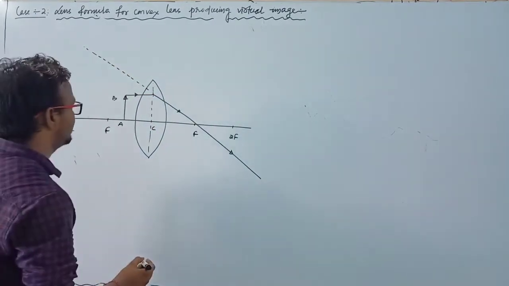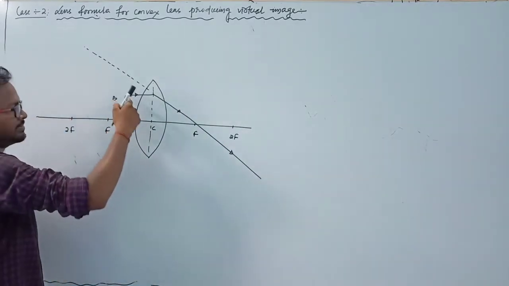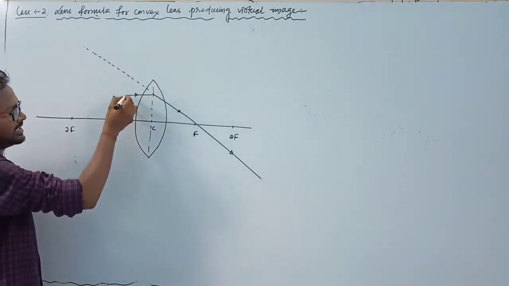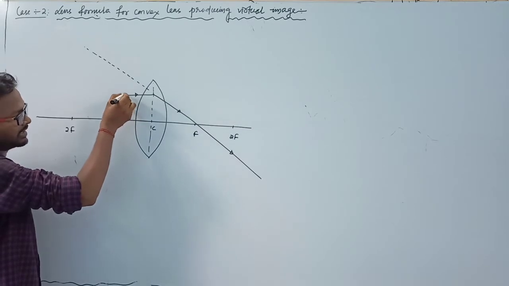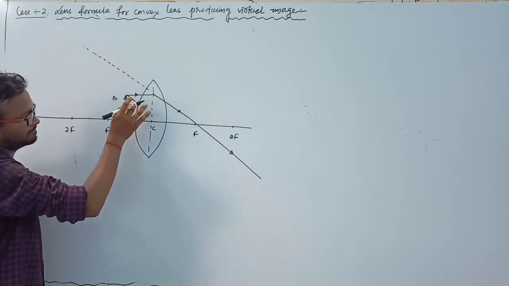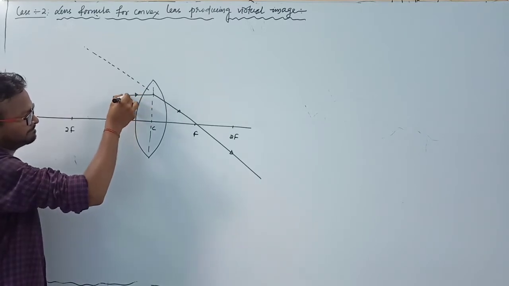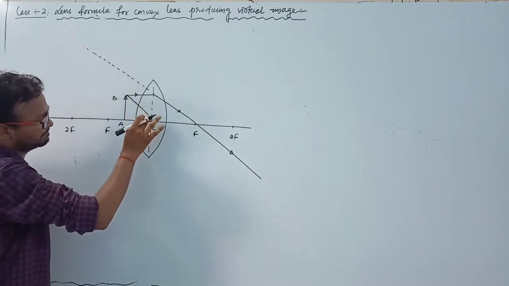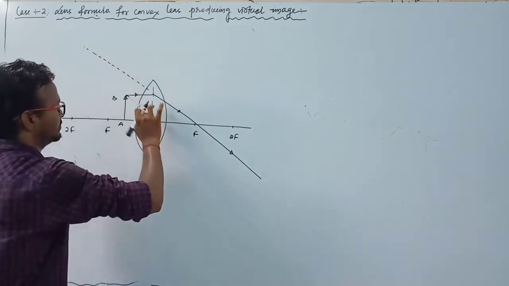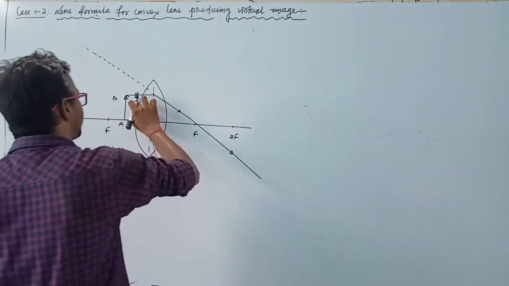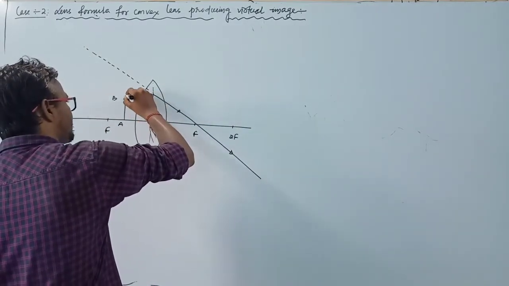Clear? Again, if we take another ray which is passing through the optical center like this,